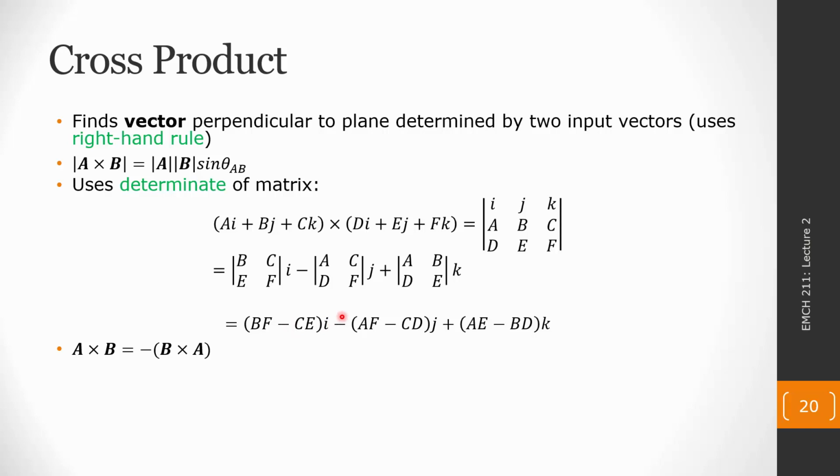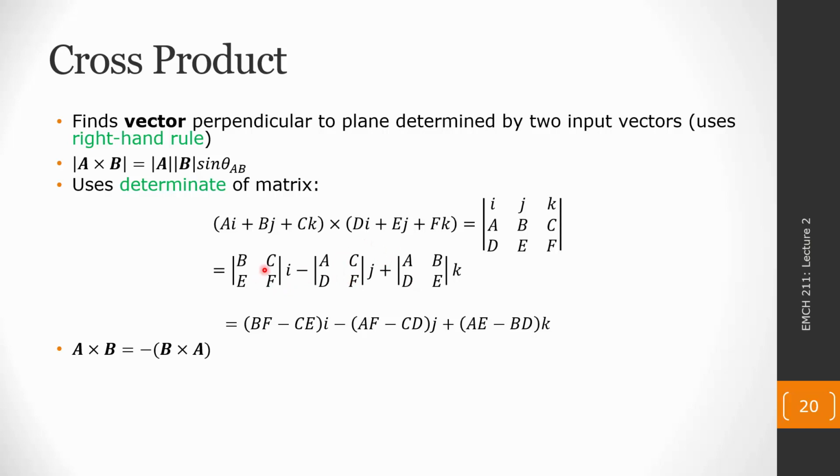It always gives us a vector as its output. Now, something to be careful of when you're doing the cross product, when you're expanding these cofactors, you want to be really careful of the sign on each of these A, B, C, D, E, F terms, because some of them might be negative. So you might have a 5, -2, and 3. If B is -2, that's okay, but just make sure in these subsequent steps you're keeping track of the